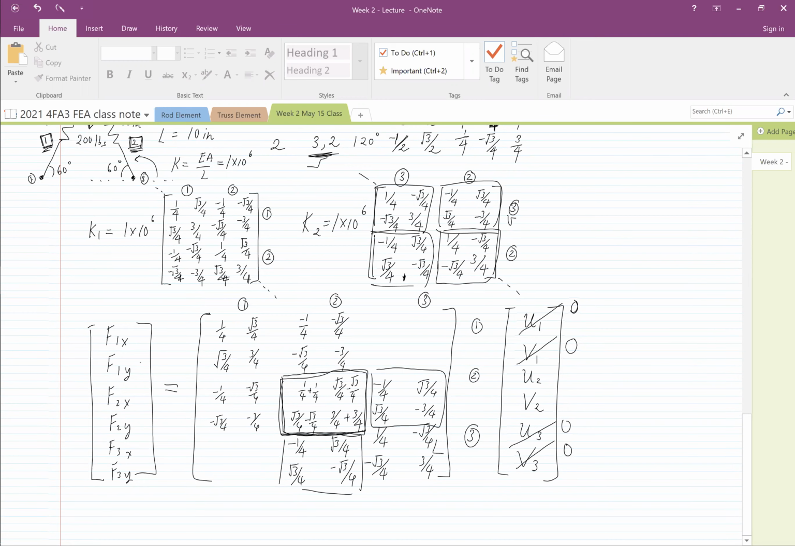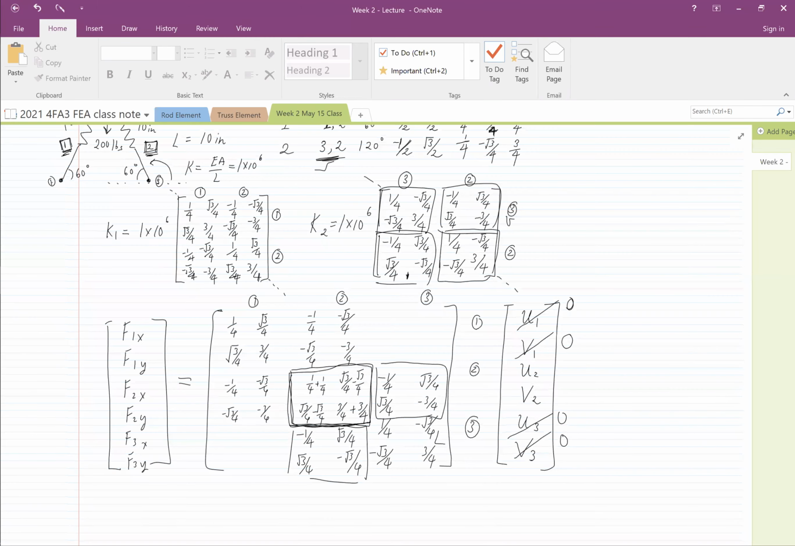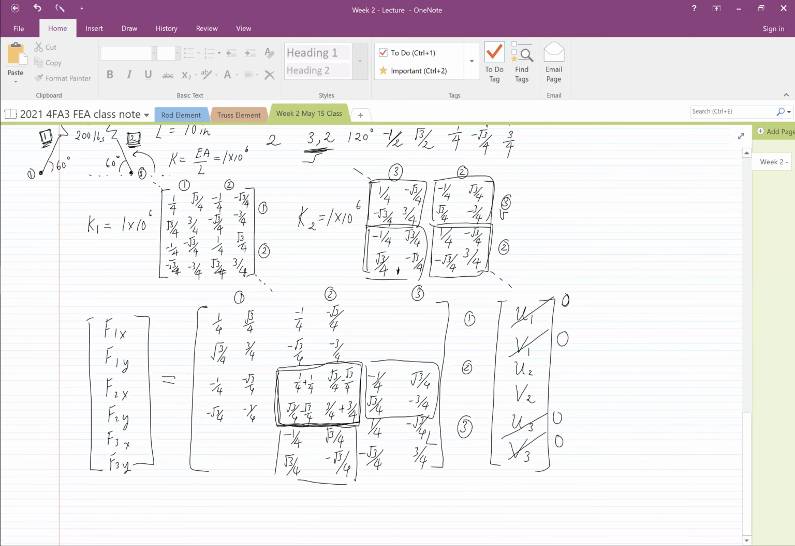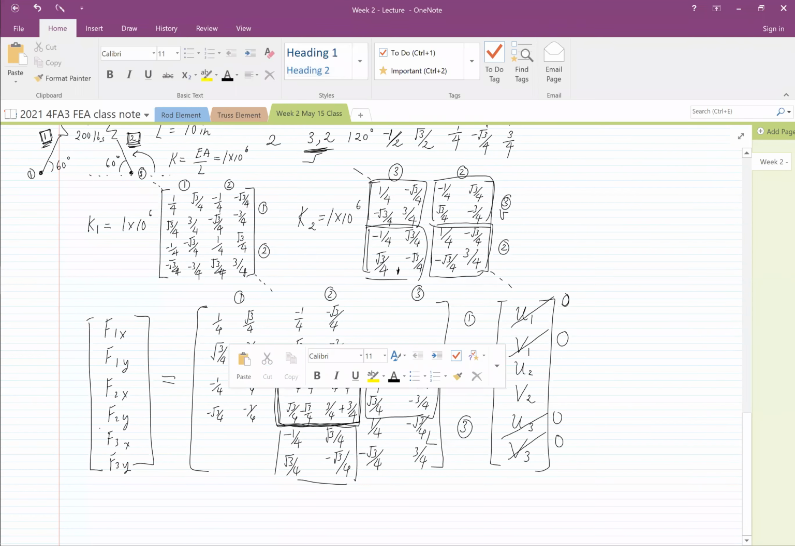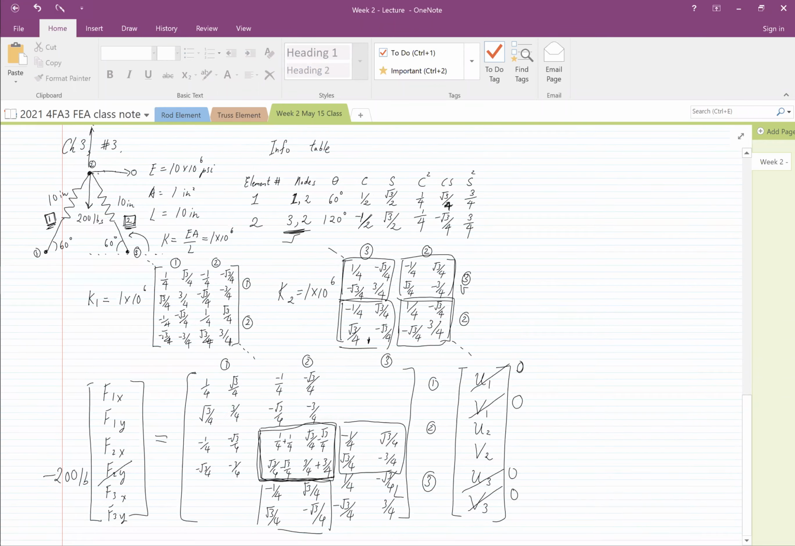This is attached to the ground, right? So I cannot set anything F1 and F3 to 0. However, I know F2y is negative 200 pounds. What about F2x? I don't see any force